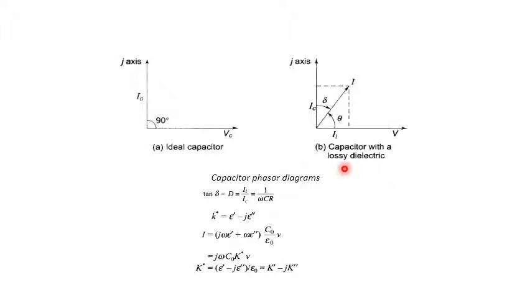It would be premature to conclude that the dielectric material corresponds to an RC parallel circuit in its electrical behavior. The frequency response of this circuit can be expressed as the ratio of the loss current to the charging current. We call this the loss tangent: tan delta = IL/IC = 1/(ωCR).